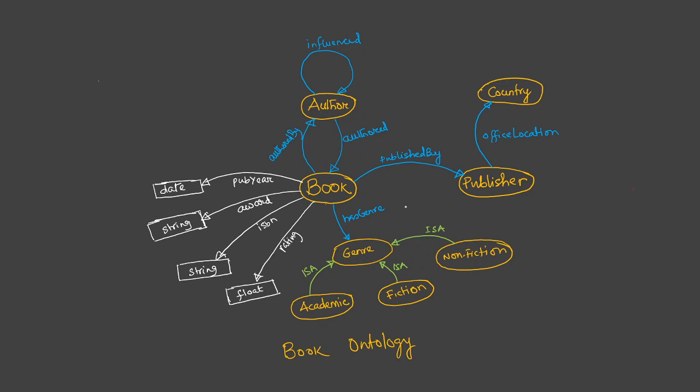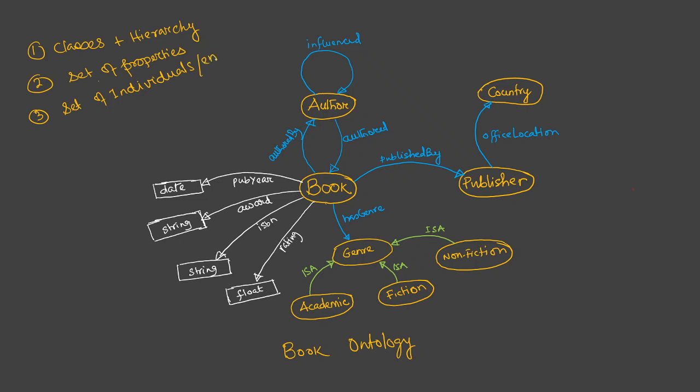And book is related to, so before going to describe this ontology, let us try to think in an ontology what we really have, right? So firstly we'll be having the classes and the hierarchy of the classes. Secondly, we have a set of properties between different classes, right? Thirdly, we have a set of individuals or entities,